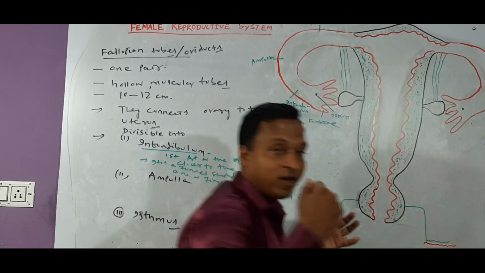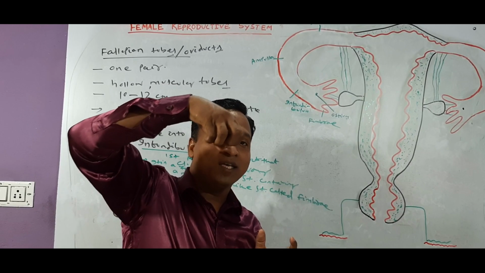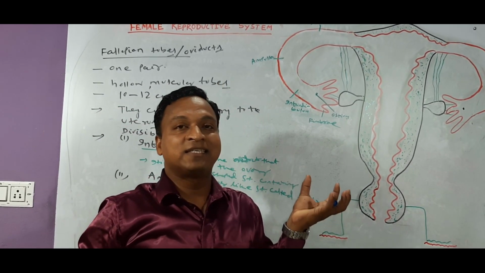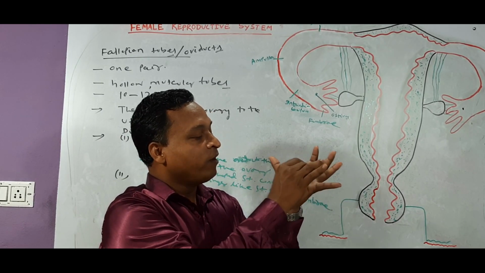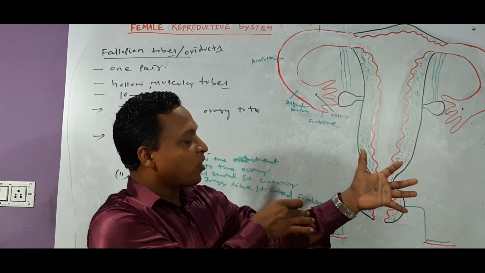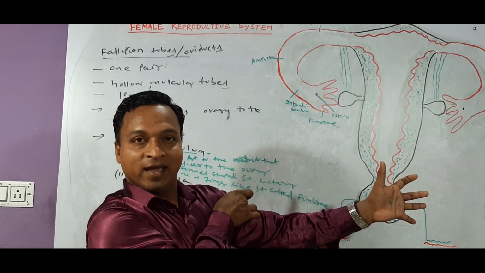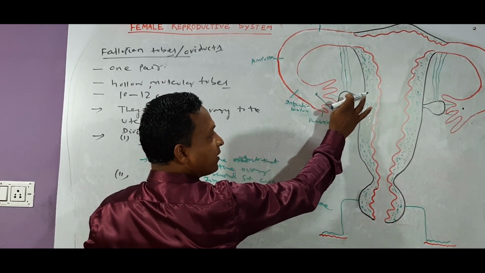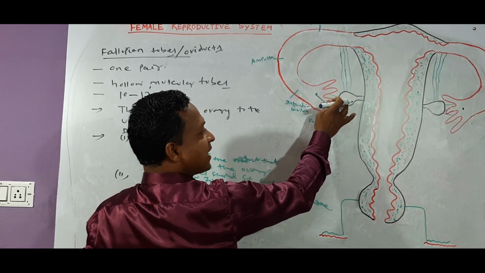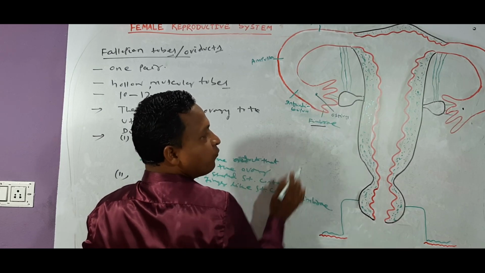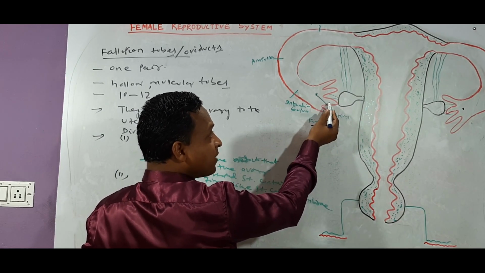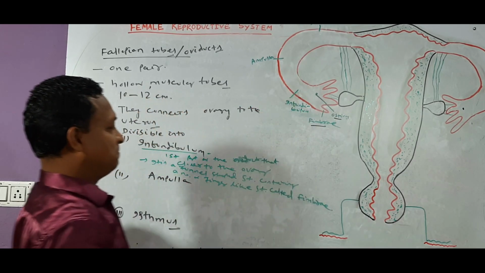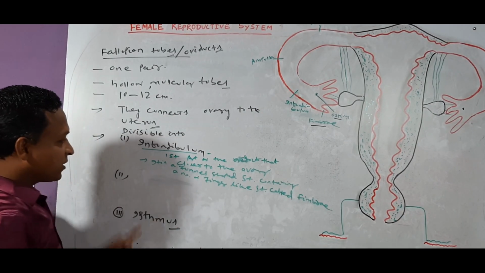This is the ovary. When ovulation takes place, the ovary releases the ovum, the fimbriae help in catching it, and with the help of the ostium, it can pass through the hollow tube. Very interestingly, the ovary gives the ovum by ovulation, which is caught by the finger-like structures, the fimbriae. And when caught by the fimbriae, it is passed to the fallopian tube by the opening called ostium.